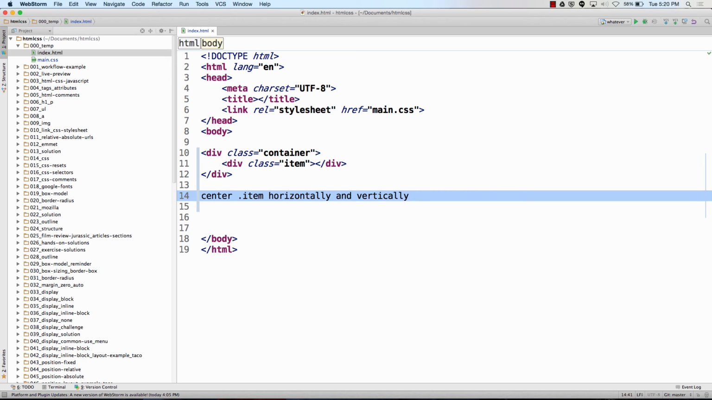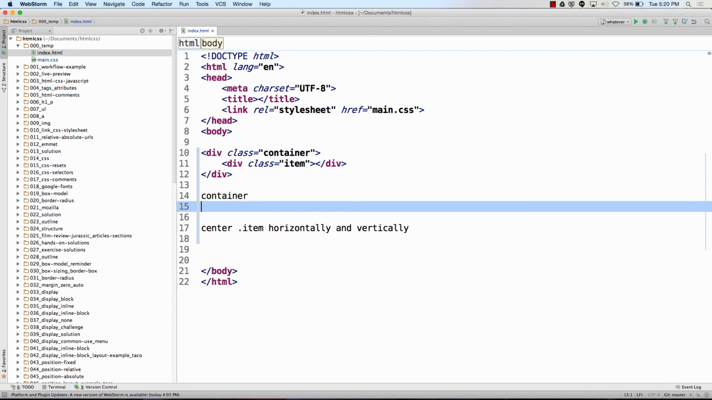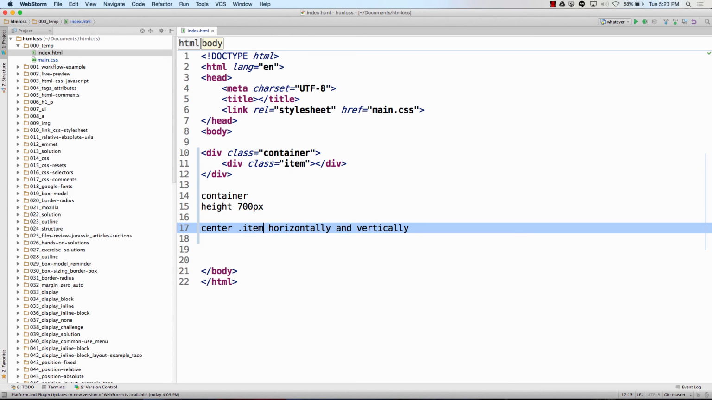So what you're going to have to do for that is your container will need some height. You have to give it some height, like 700 pixels, something like that. And then the item,